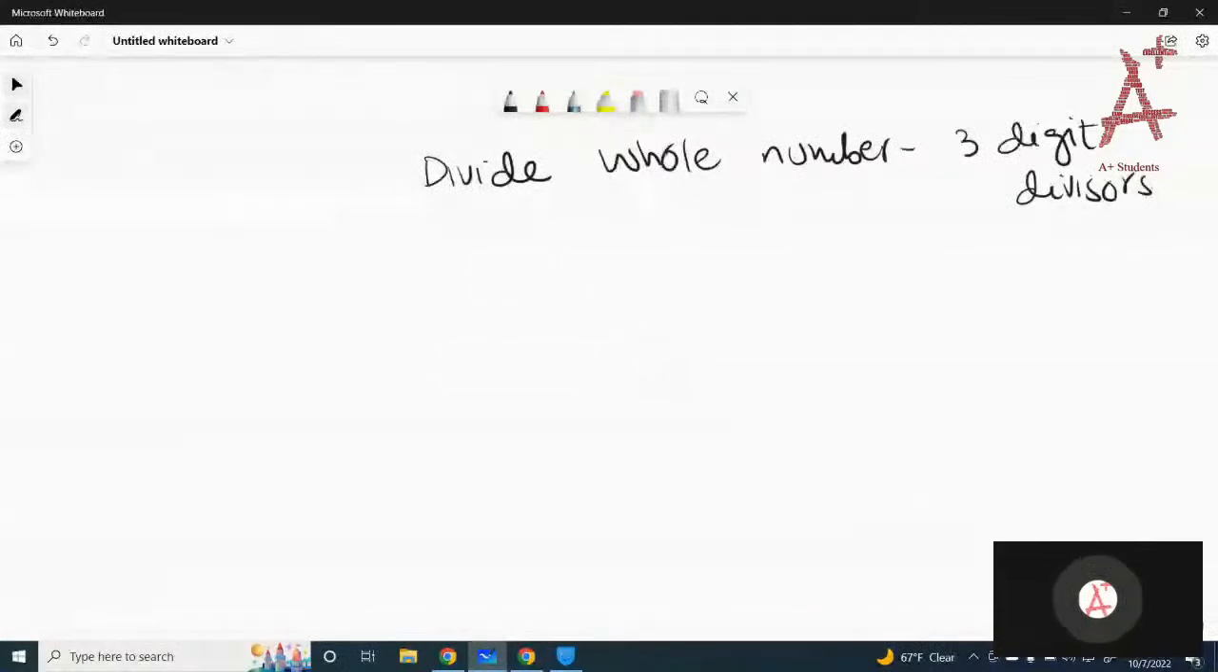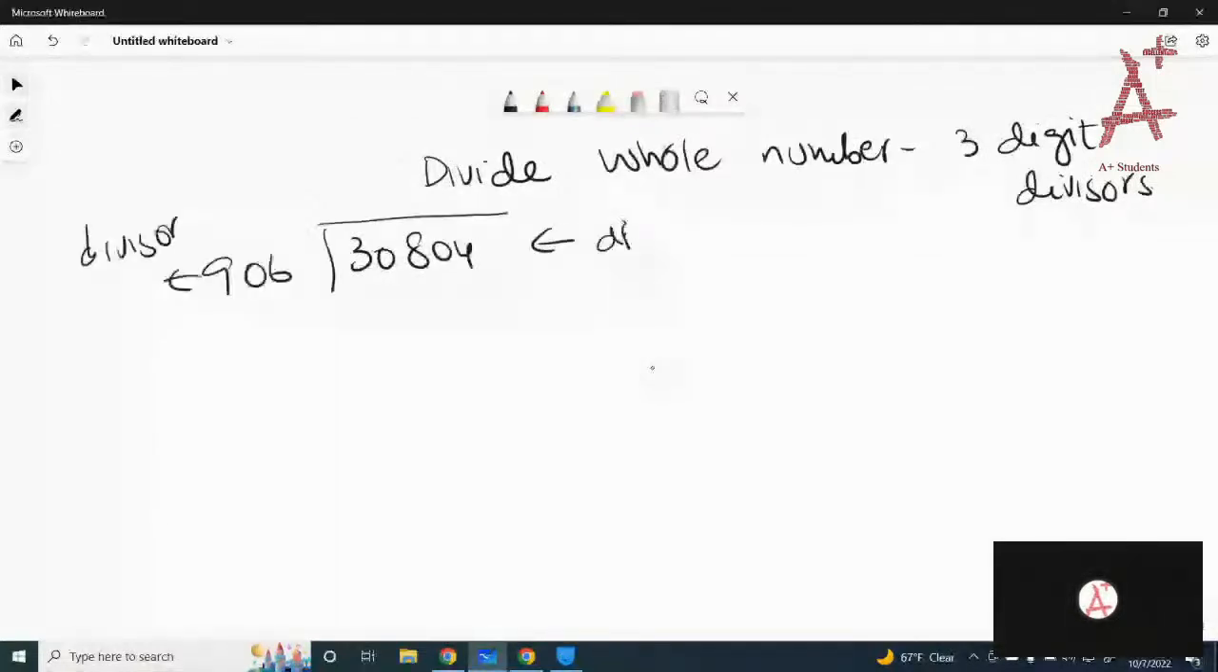Okay, the first one is 30804 divided by 906. You can use a calculator if you are allowed. If not allowed, you can do multiplications. Got it? So let's just do 906. You have to divide